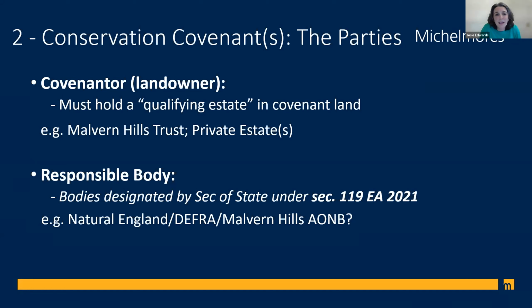Now, going back to our case study, the Malvern Hills Trust would appear to satisfy the section 119 requirements for a responsible body. It was set up by an Act of Parliament. Its charitable purposes specifically focus on managing the land it owns for the conservation of wildlife and the enjoyment of the public. But in circumstances where the Malvern Hills Trust is also a freehold owner, and so it would both own and manage the subject land, we concluded that it was going to be unlikely that it would be appropriate for it to take on the responsible body role as well. It would be in a position of wearing both hats.